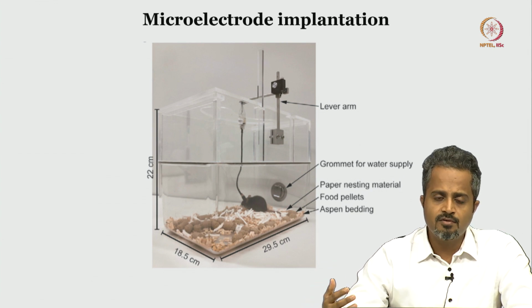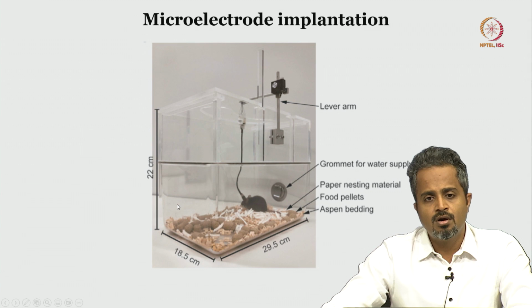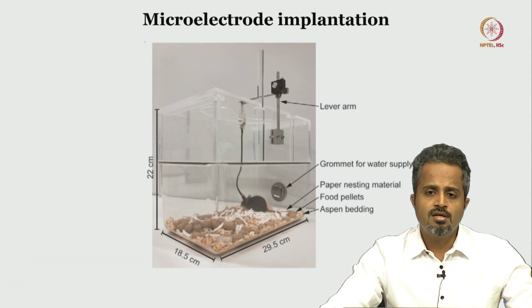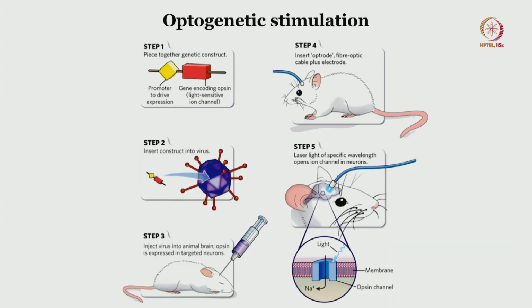So, the entire behavior setup should be able to accommodate these electronic apparatus that we just discussed. So, that is about the microelectrode implantation in brief. Then the next few examples are on the optogenetic stimulation as well as the drug delivery cannula implantation. I am just trying to cover the major areas of research that is happening, and optogenetic stimulation has come in